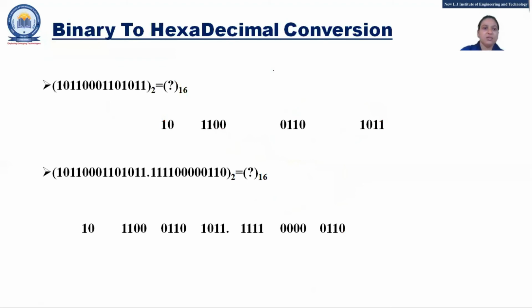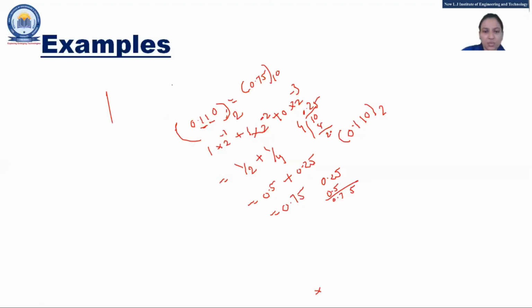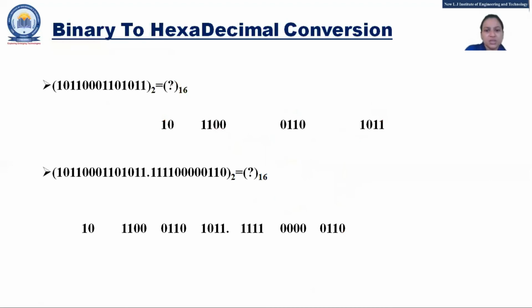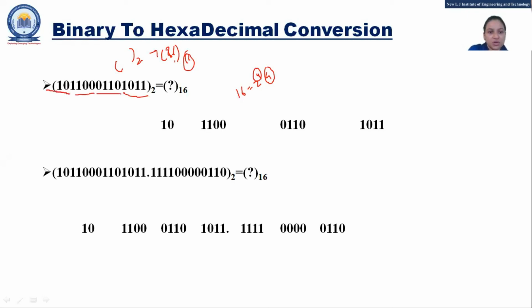Now let's talk about binary to hexadecimal conversion. This is a very simple example of how we can convert our binary number into hexadecimal. As we all know, 2 raised to the 4 power, we get 16. So we have to make groups of 4 bits here. Now I have to start from here: 1011, 0110, 1100 and 10. The last group has only 2 bits, so we have to add zeros, making it 0010.